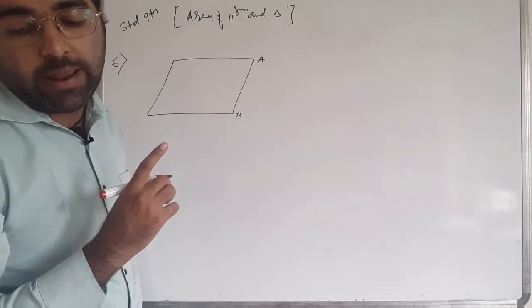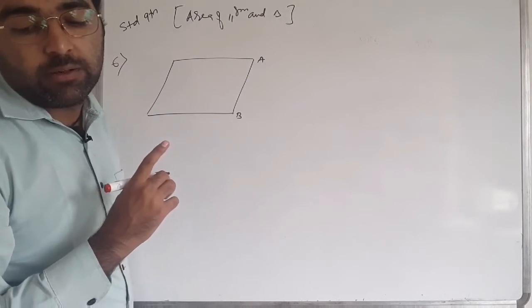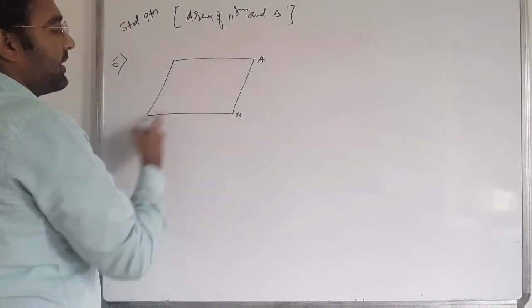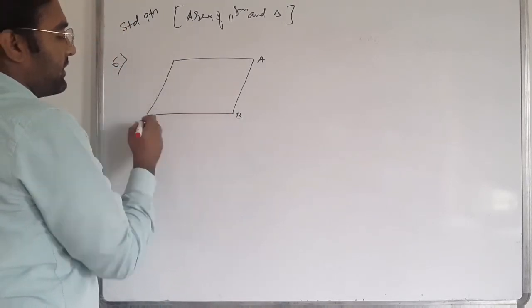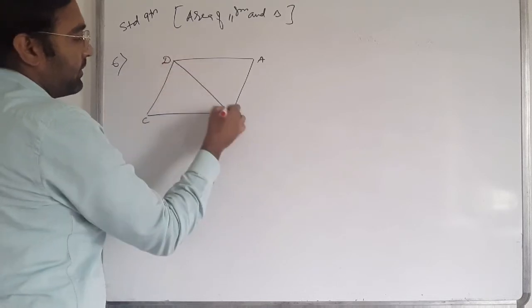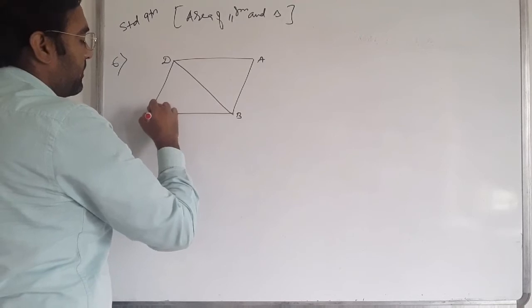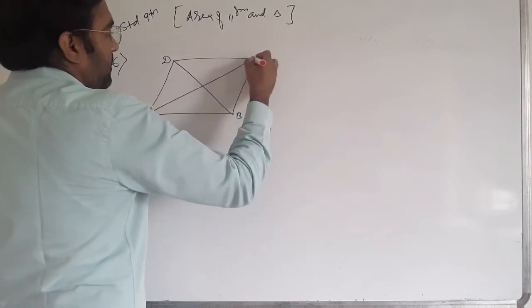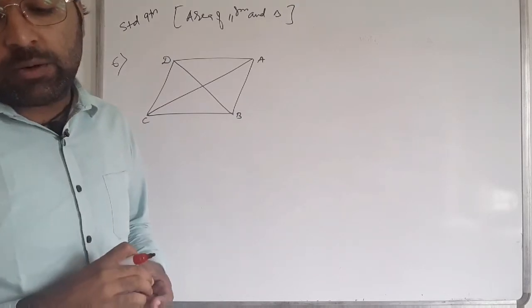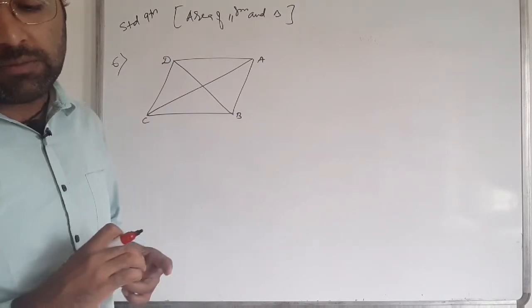In the given figure, diagonals AC and BD of quadrilateral ABCD intersect at O. Show that: